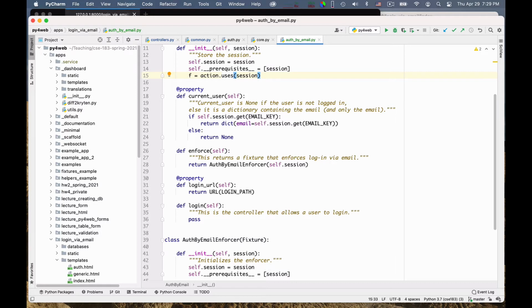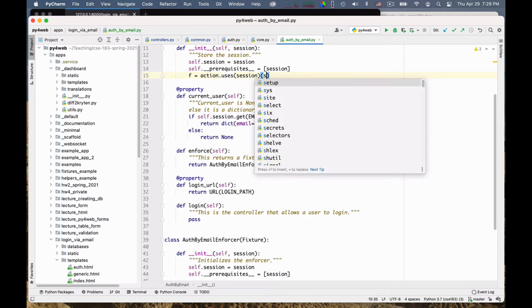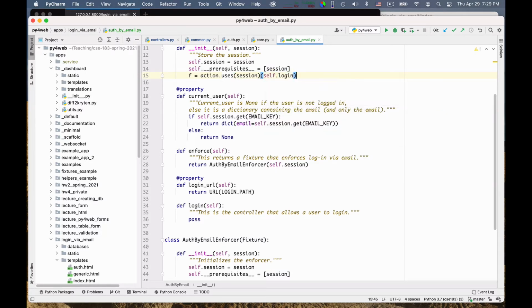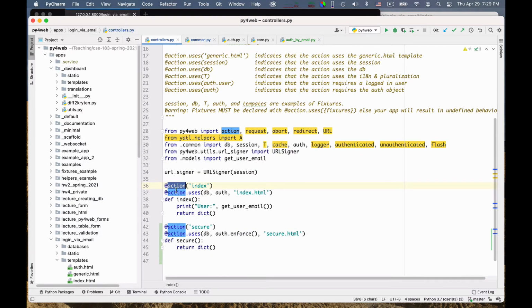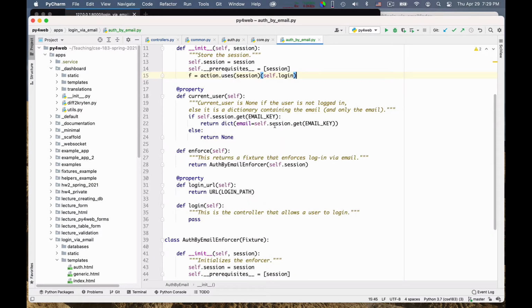Okay, and then these wraps self login. Okay, see, so this is the equivalent of this first step. You know, there is action uses that wraps index. Except that I forgot here action uses self login, and I will need to specify the view as well. So I need to specify a view that I call auth by email.html.